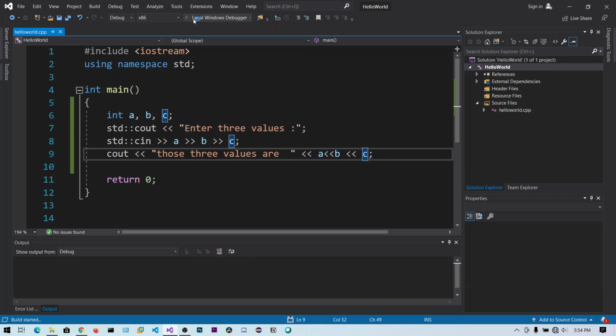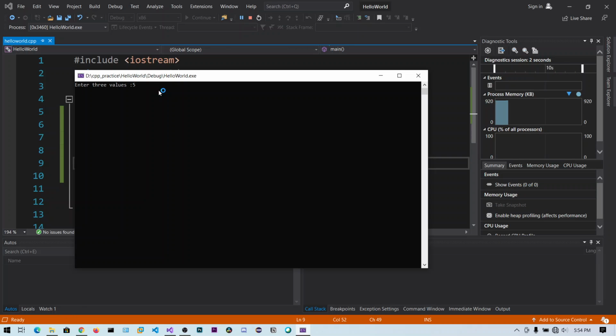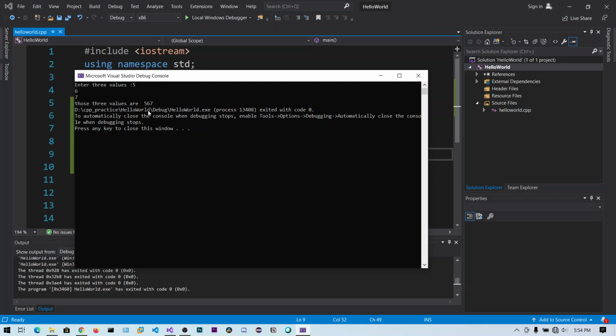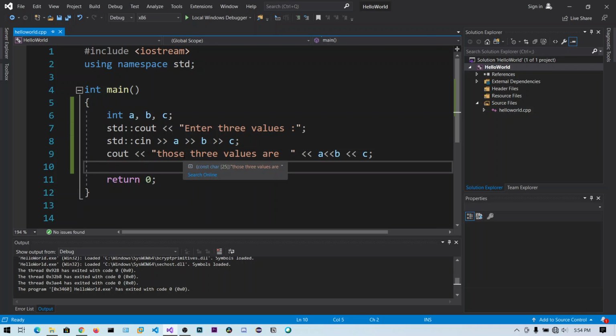So we can run this. It's asking for 3 values. Let's say 5 enter, 6 enter, and 7 enter. You can see those 3 values are 5, 6, 7. I did not put a space in between, so the values are 5, 6, 7. So this is how you take multiple variable input in a single take.